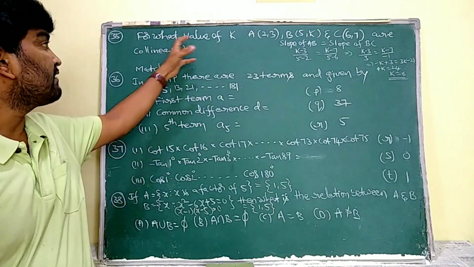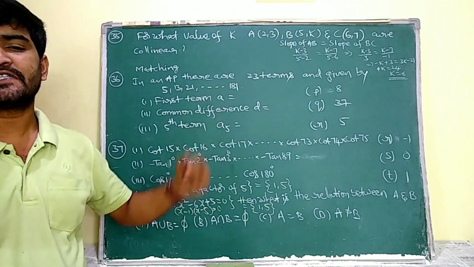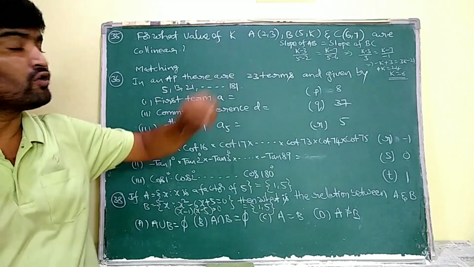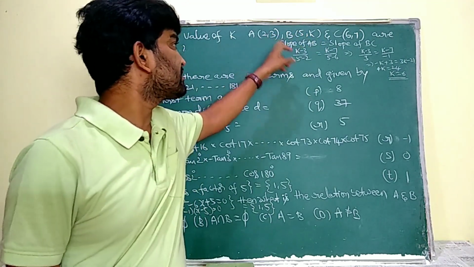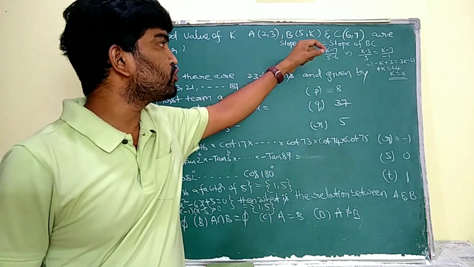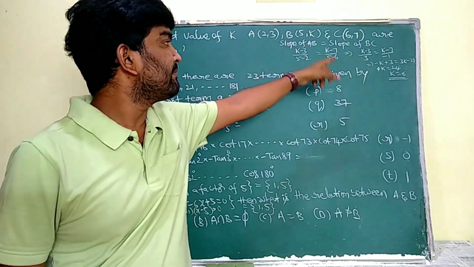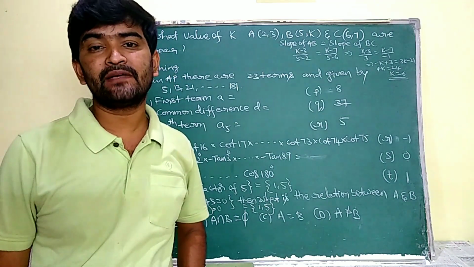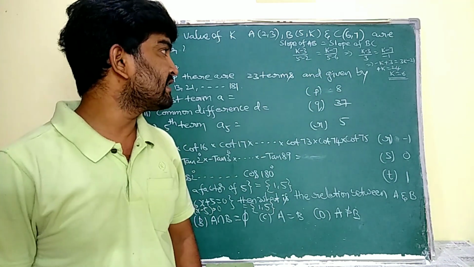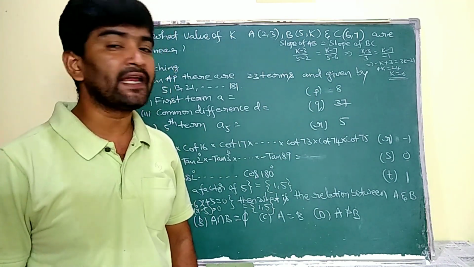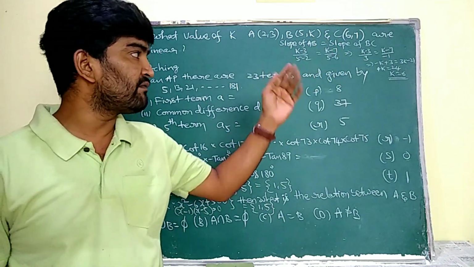See ma, for what value of k are A, B, C collinear is being asked. Let us suppose A, B, C are collinear. Then slope of AB is equal to slope of BC. So slope of AB means (y2 - y1)/(x2 - x1). So (k - 3)/(5 - 2). Slope of BC, (y2 - y1)/(x2 - x1), (k - 7)/(5 - 6). Now that is (k - 3)/3 is equal to (k - 7)/(-1). By doing cross multiplication there, -k + 3 is equal to 3k - 21. Send this minus k to that side and bring back that minus 21 to the left hand side.